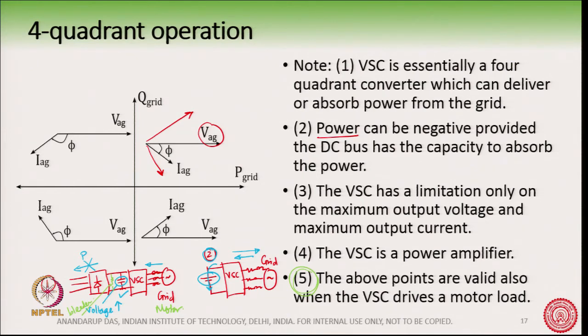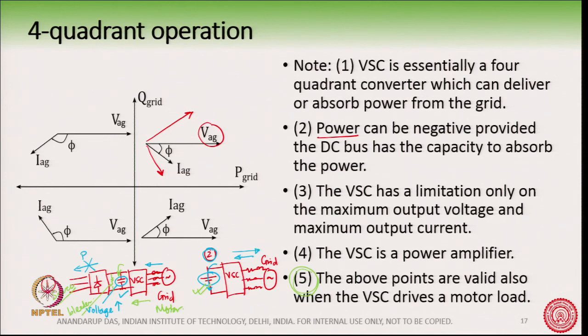But suppose you have a motor here and the motor is regenerating. So, you are putting the energy back and it will get pumped into the capacitor, and the capacitor does not have the capacity to feed the energy back to the source. This is the source here. It will not be able to do so because of the diode bridge rectifier. We will see a solution for this in the next slide, if you replace the diode bridge rectifier.